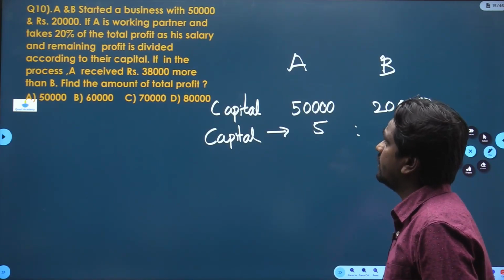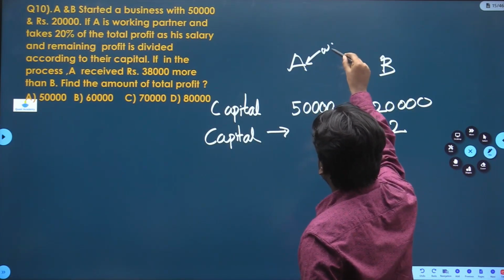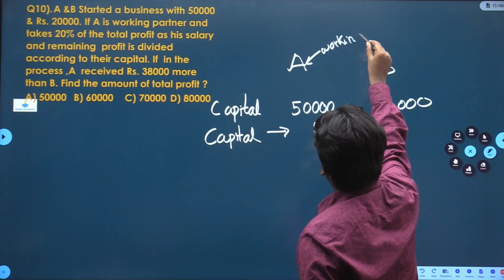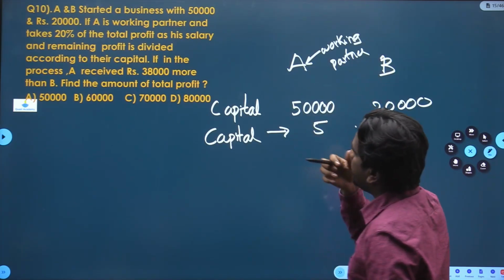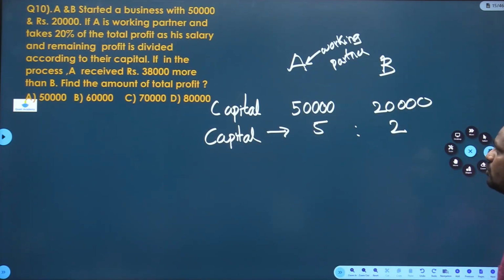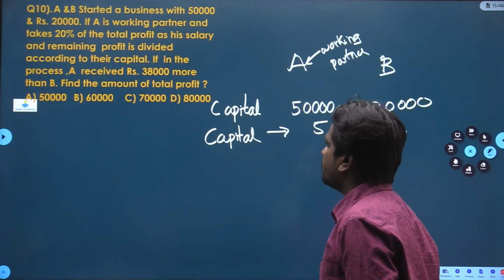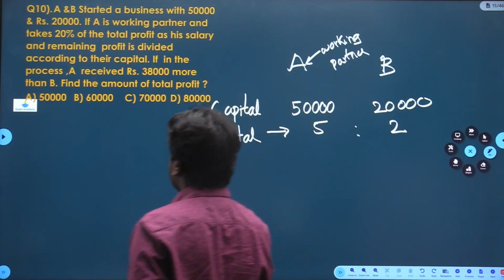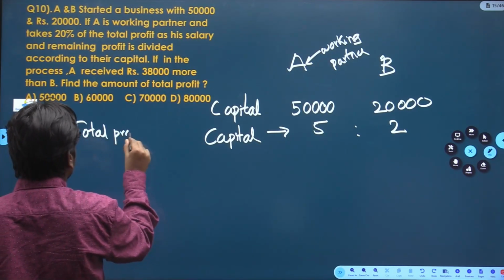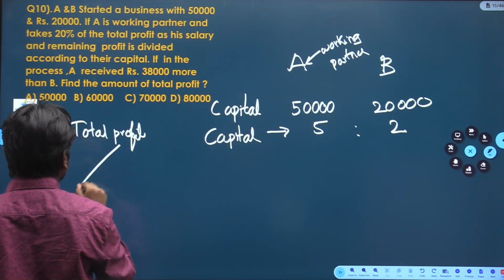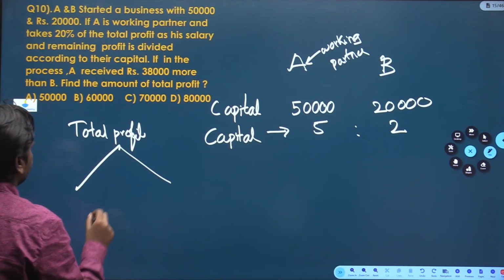Now A is a working partner, and takes 20% of the total profit as his salary. So he takes 20% of the total profit as salary. For example, profit,